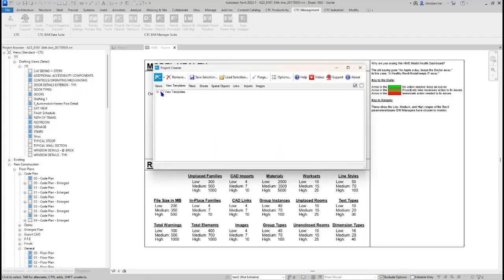Then I can jump into the view templates. If I'm not linking their views in and maintaining their graphic standards, I can get rid of all of these. Same with the filters and the sheets, right? Like there's a lot we can do here to clean things up. And maybe we need some of the sheets, but not all the sheets. That is totally fine. You can pick and choose what you want to keep and what you don't want to